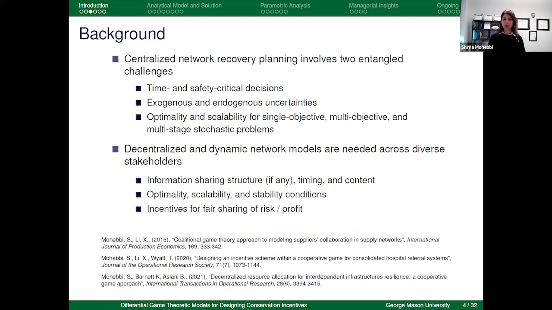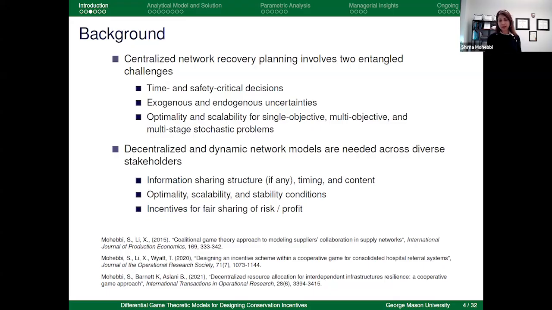From a centralized viewpoint, resource allocation decisions such as assigning work crews, money, equipment, supplies within such a network of networks under disruptive events involve two interrelated problems. First, identifying critical components to prioritize, and second, scheduling the resources to expedite recovery. And the decision-making process becomes very time and safety critical when thousands of network components are affected, like the 2020 ice storm event in Oklahoma or the 2021 Texas power outage.